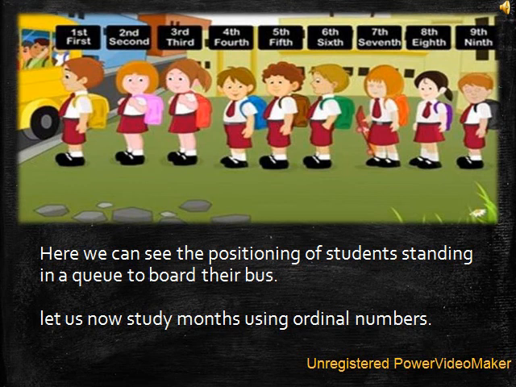So the student who is in the front or first in line, you can see first, then second is a girl, third is a girl, fourth is a boy, fifth is a boy, sixth is a boy, then seventh is a girl, and she is also having a skateboard. Yeah? Then 8th is a girl and 9th is a boy. So here is the picture representation to understand ordinal numbers more easily.